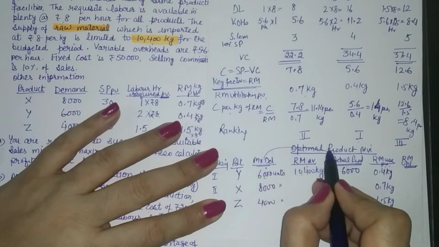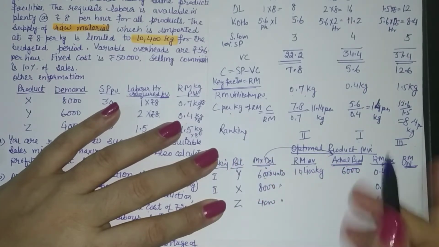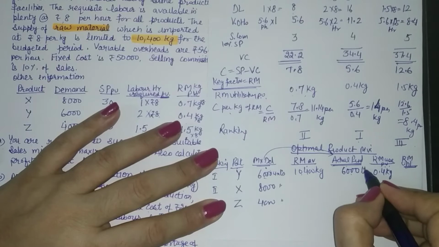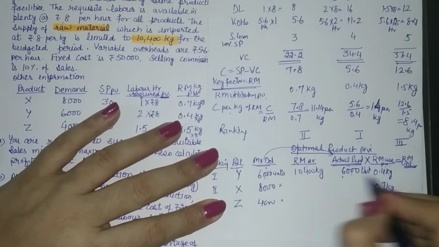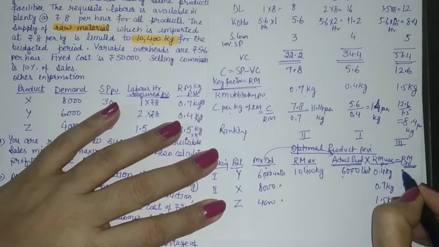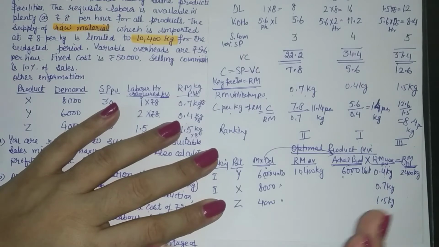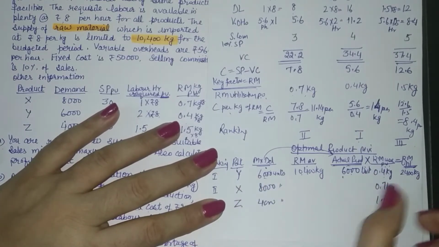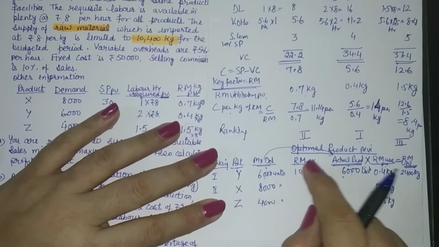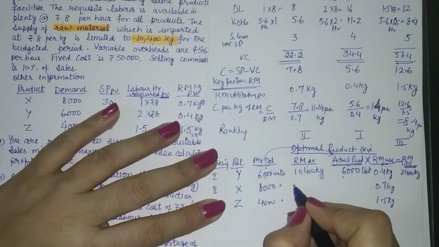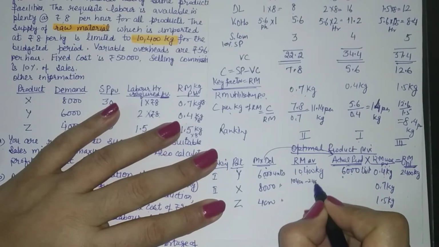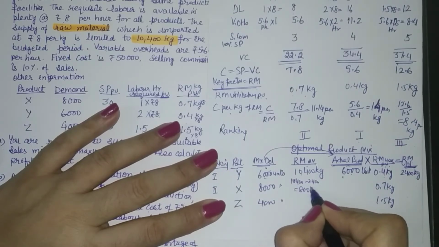You can go for maximum here depending upon the key factor. So you go for 6,000 units, which will imply your raw material use will be 6,000 units at the rate of 0.4. It will be 2400 kilogram. Now things are going to move. So you used 2400 kilogram of raw material for Y. So when it comes to X, how much raw material is available? Out of this, 2400 kilogram is used. So you are left with 8,000 kilograms.